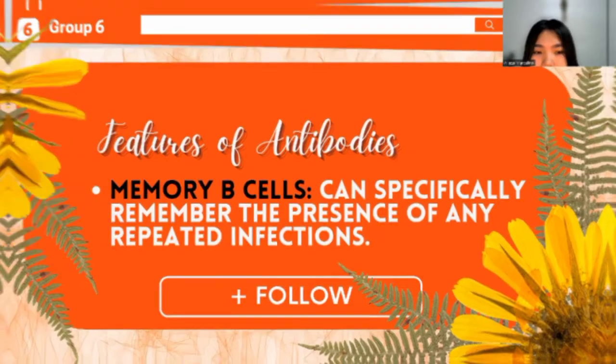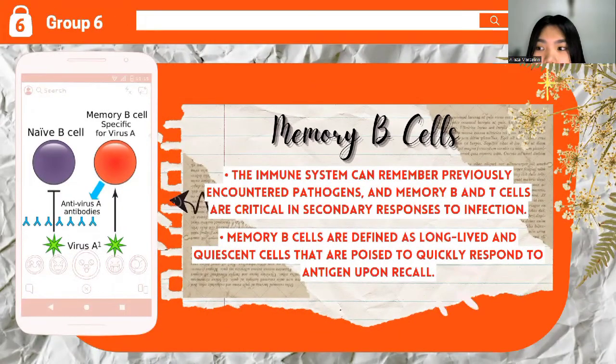So next page. In this page, the immune system can remember previously encountered pathogens. And memory B and T cells are critical in secondary responses to infection. So, one of the hallmarks of our immune system is the ability to remember past exposure to pathogens. The exposure may come from infection or vaccination. And by remembering, we are ideally fully protected from infection upon future encounter with the same pathogen. Although